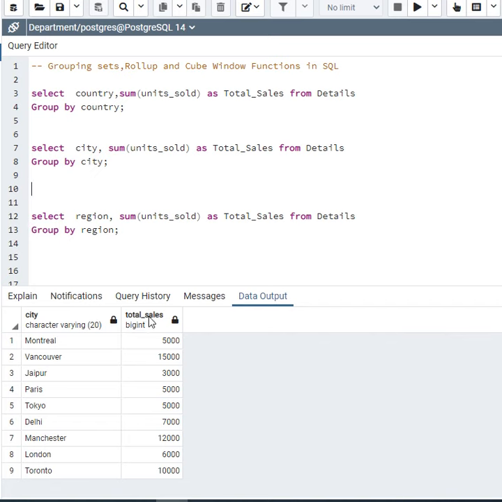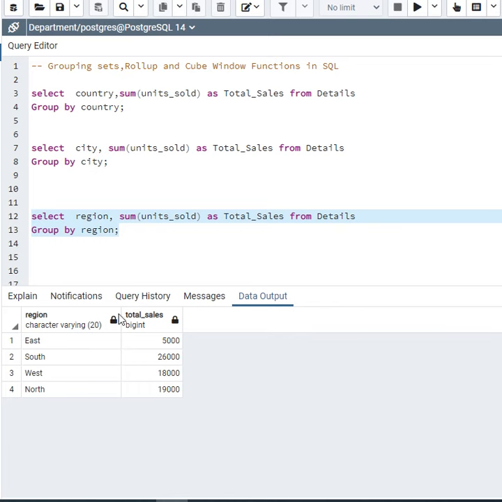And if I want to see total sales region wise, I will write the query select region, sum of total units sold from details group by region. So it gave me the result, total sales region wise. Suppose here there are only three columns.